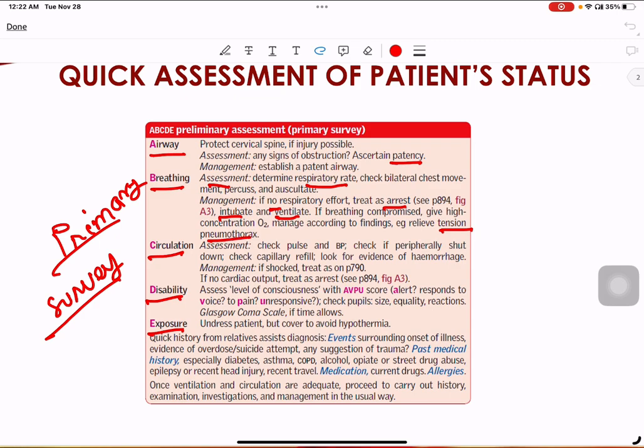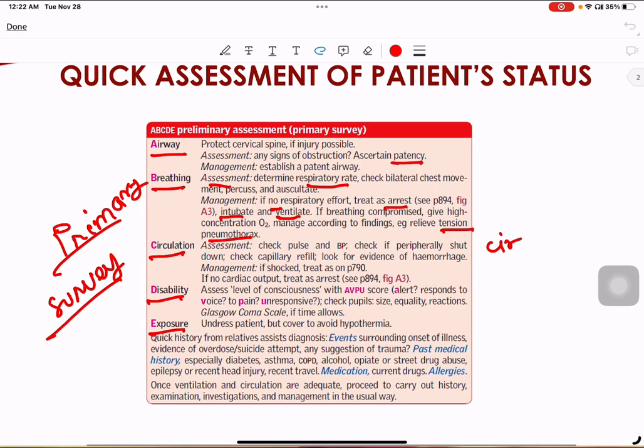Then we have to check the circulation. For circulation, we need to check the pulse and blood pressure. Then we need to check the capillary refill time. And we must auscultate the cardiac sound for S1, S2, and any other abnormal cardiac sound present or not. By checking pulse, blood pressure, JVP, capillary refill time, and cardiac sound, we have to look for evidence of